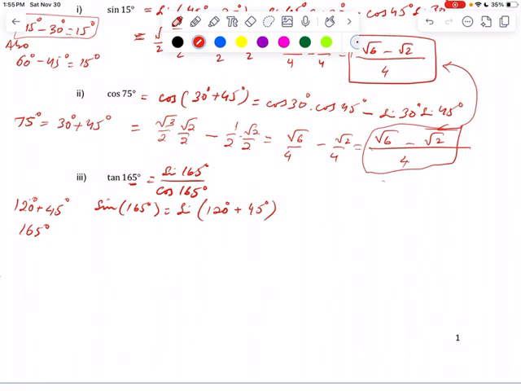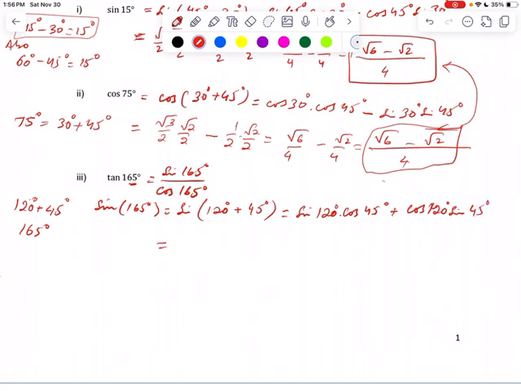Okay, so we have sine of 120 times cosine of 45 plus cosine of 120 times sine of 45,